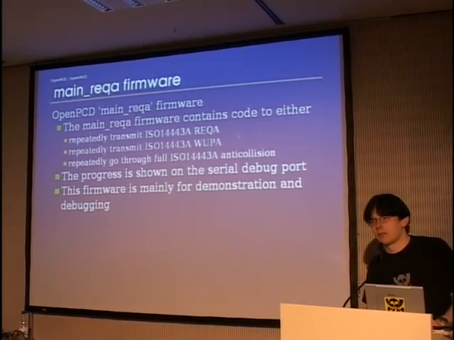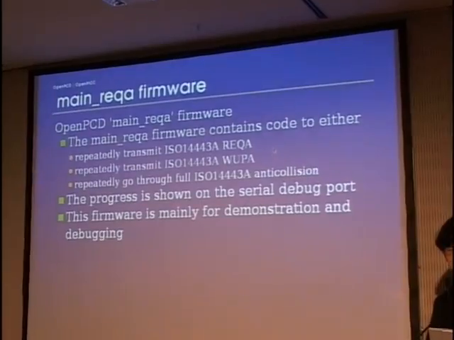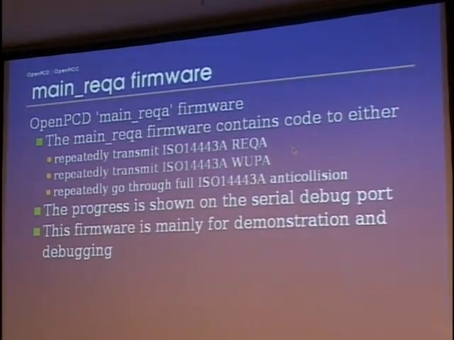Then we have a firmware which is called the main RECA firmware. Rec A is the name of a specific packet in the ISO 14443A protocol, and that firmware can be used to repeatedly transmit either rec A or WAP A, which is request A or wake up A, or it can go repeatedly through the anti-collision. The progress, as in did it work, did the anti-collision finish successfully or whatnot, is again shown on the serial port, and it's also again mainly for demonstration and debugging, but this would be a starting point if you want to write some application. So you loop until the anti-collision finishes, and then you do something else which you might want to do in